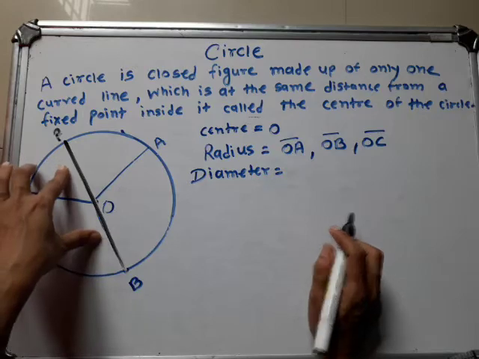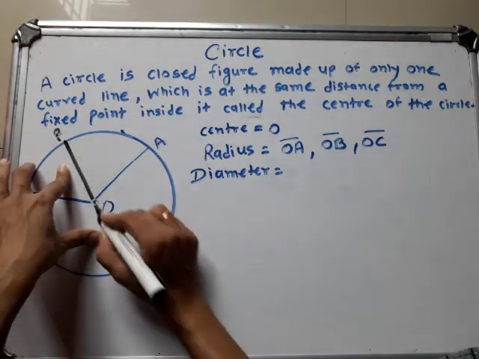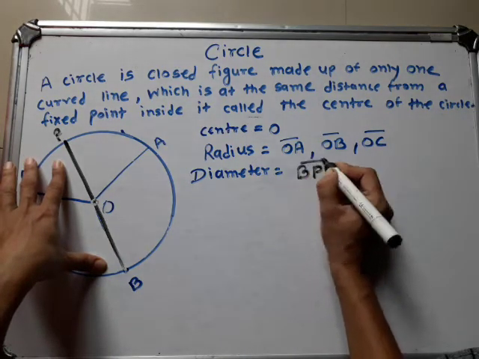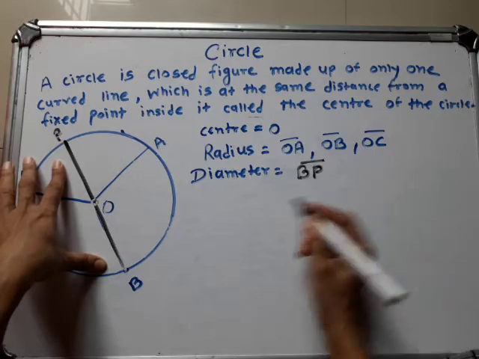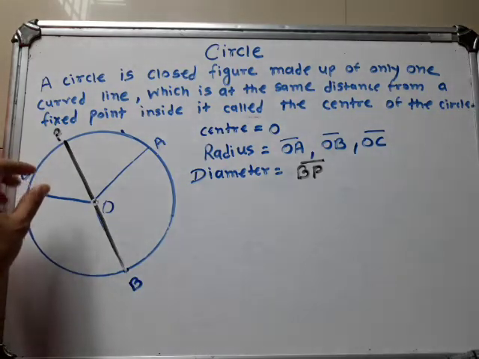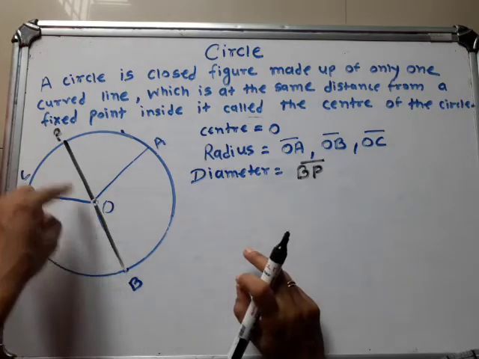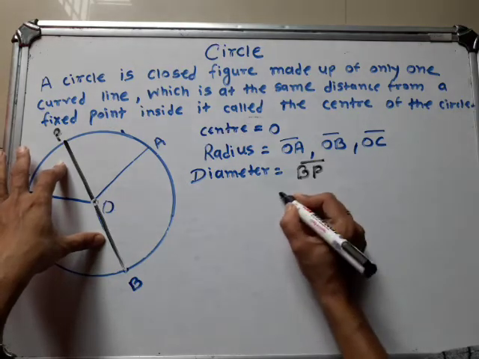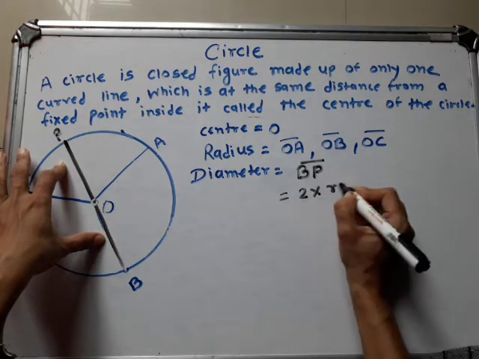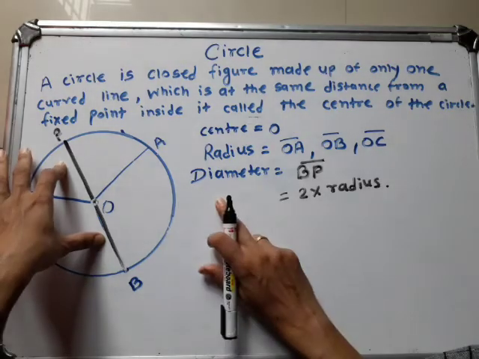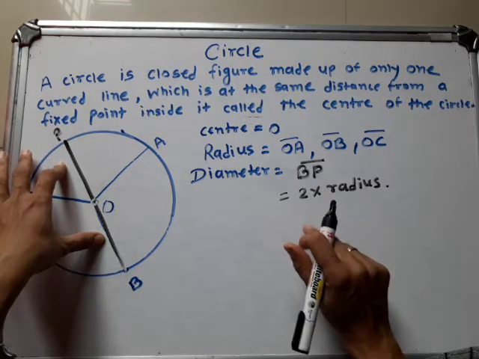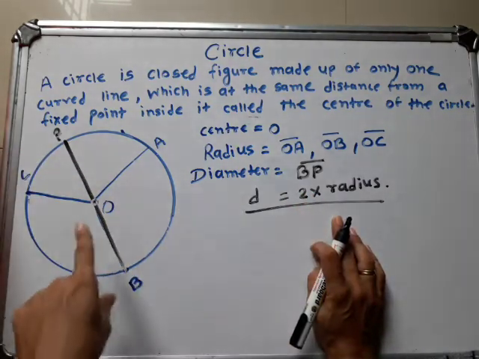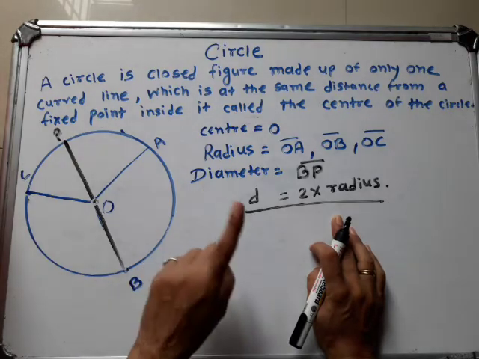देखो यहाँ पे this is the center point, and this is the diameter. So the diameter is BP. This is the diameter and this is double. See here, OB and OP, दोनों क्या है? रेडियस है. So the diameter is always double. So what is the formula? You know the formula: 2 multiplied by radius. When we find the diameter of the circle, you have to use this formula. So the diameter is always double the radius.